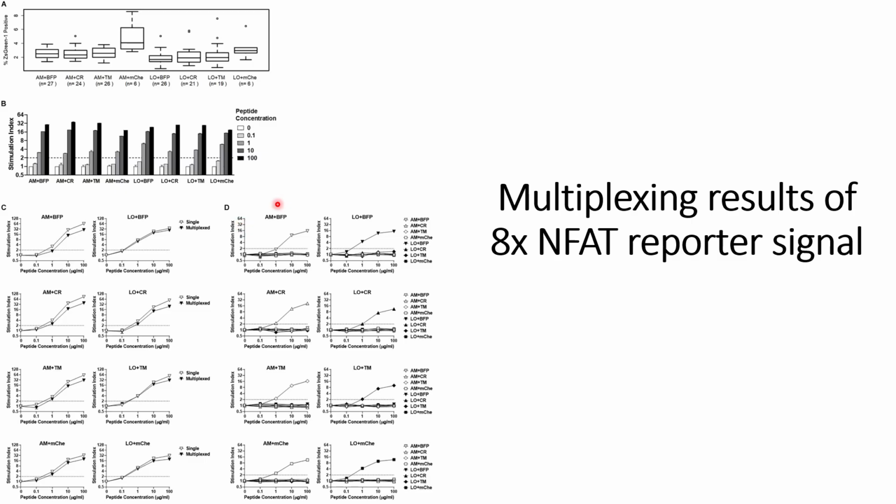Now they also wanted to check, when multiple T cells are present, whether the NFAT reporter signals get activated because of the activation of another T cell, or because of the antigens present within the cell culture medium. To do that, they used different combinations. For example, in panel D for the first figure, when they use AM plus BFP, they can see the signals for AM plus BFP, but not for the other fluorescence channels because these have not been activated. Their signals are 0 even at the different peptide concentrations up to 100 microgram per ml. Similar results were seen for all the 8